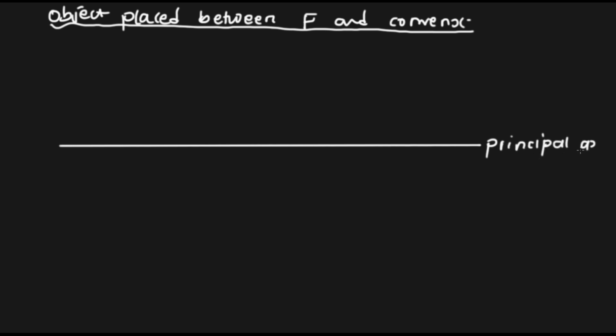So I have principal axis again. Then I'm going to draw my lens here. The same. So we'll say focal point number 1, and second focal point number 1, focal point number 2. So our object this time will be placed here, because we are saying between F and the lens. Then what are we supposed to do? The same, I'm going to draw a line, a straight line, and